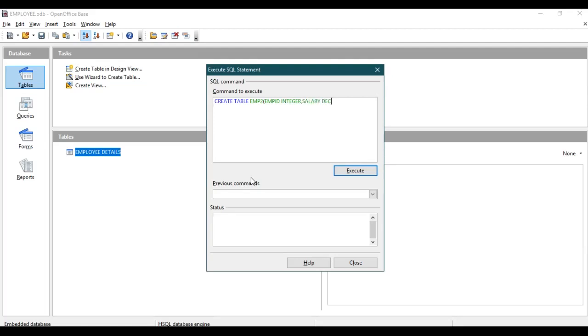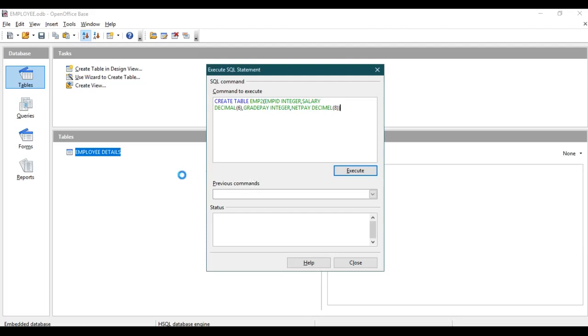I'm going to specify the data type as decimal of 6, then comma, then grade pay, integer, then net pay, followed by the data type for this field.